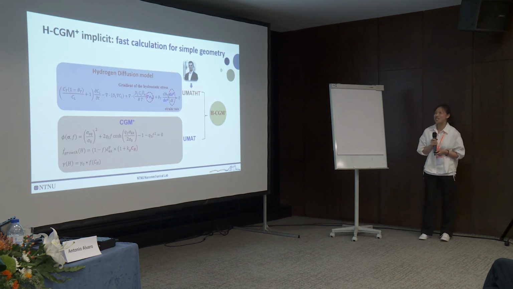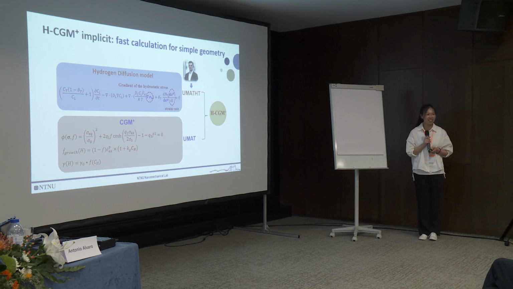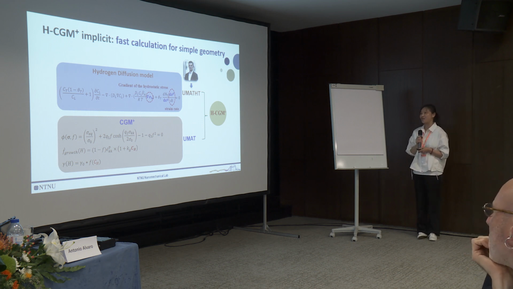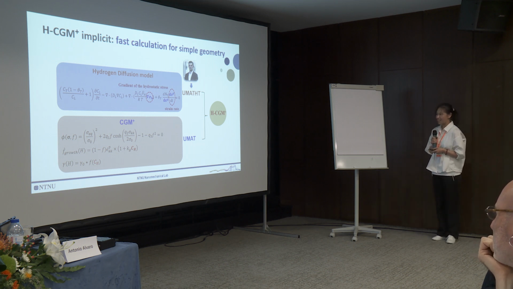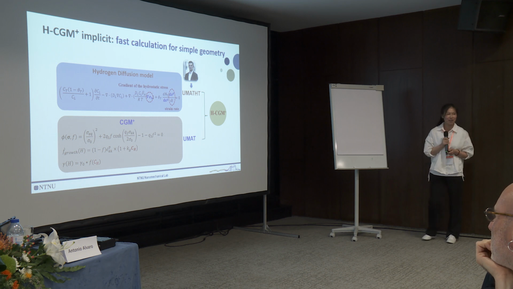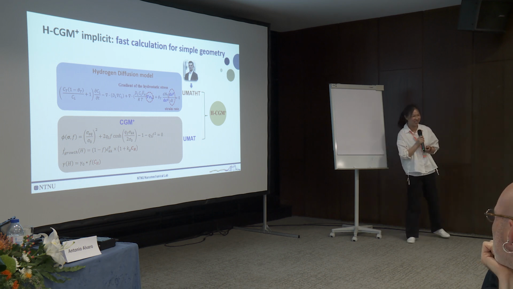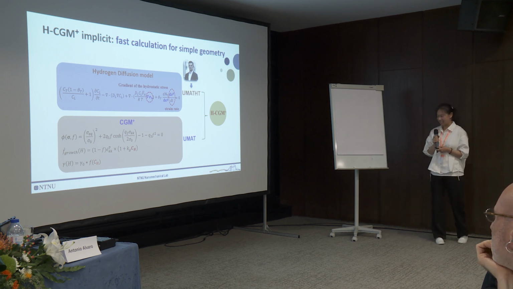Numerically, we have established both implicit and explicit algorithms for our H complete Gurson model plus. In the implicit algorithm, we use the UMAT HT code from Emilio, and he's here, thanks to him. And in the hydrogen diffusion model,